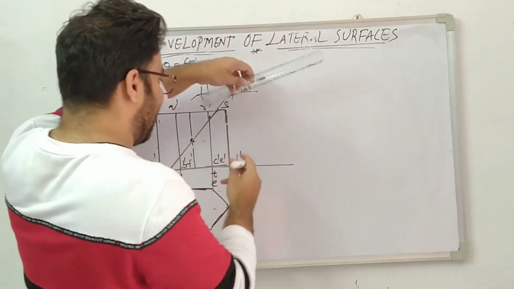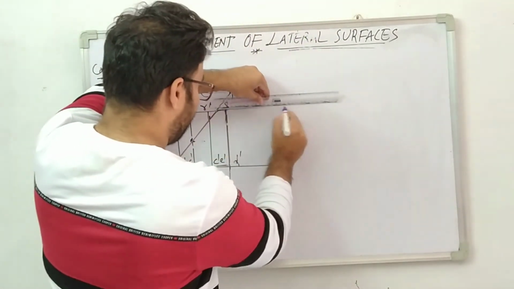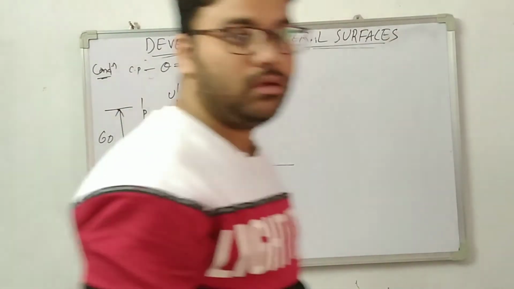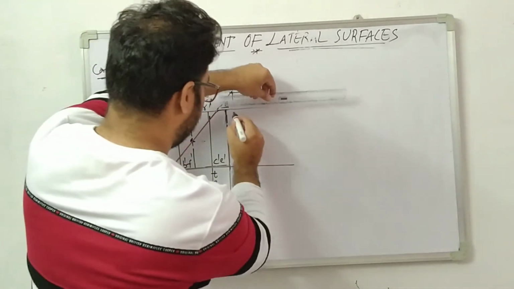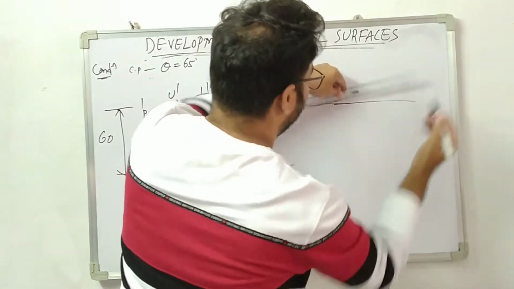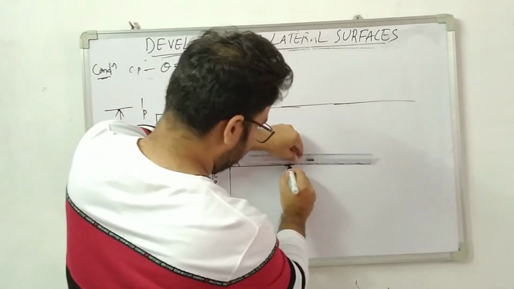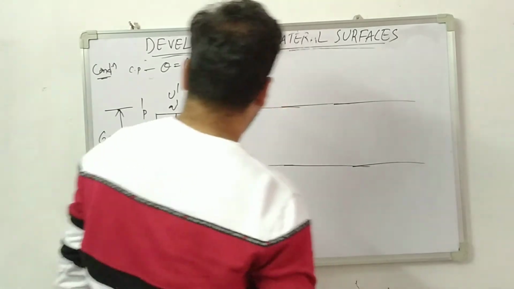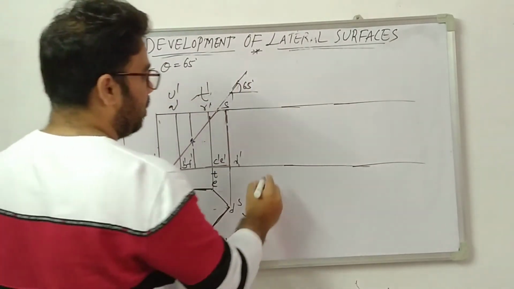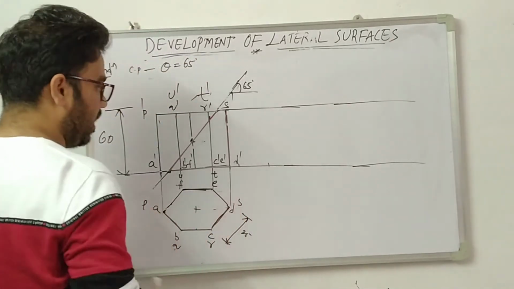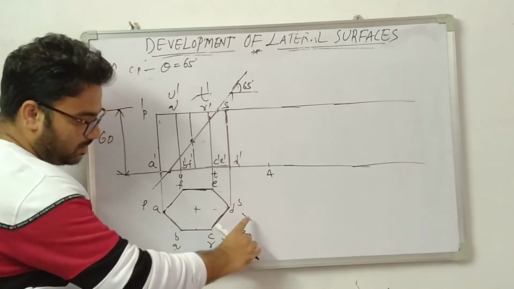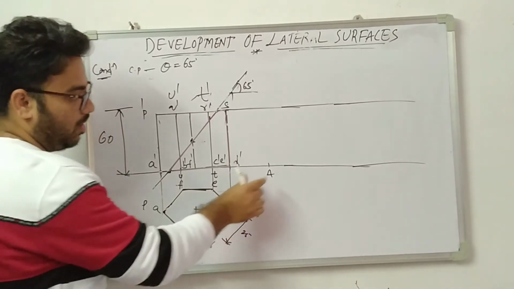Here we are using the parallel line method. Simply draw a projection line here. Up to some extent, here also we are extending the projection line on the reference axis exactly. Now keep some distance and give the names. So the first one is A. What is the side length? The side length is already mentioned here. This is 25 mm.